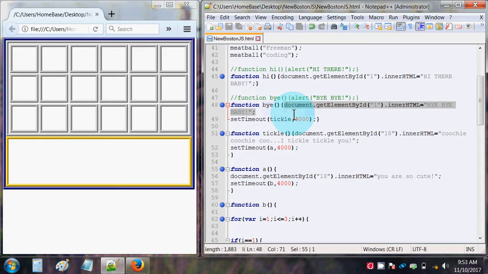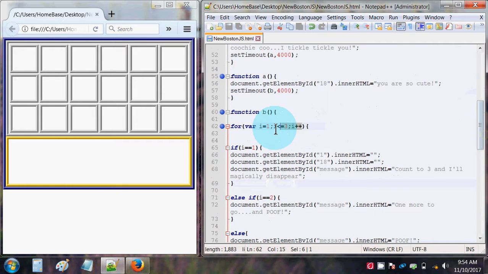It does something with the text, the inner HTML inside of the first table data cell, and then it calls this setTimeout, which after 4 seconds calls tickle, and then tickle changes the inner HTML of the table data cell with an ID of 18, and then it calls its own setTimeout, which after 4 seconds calls the a function, and then here's the a function, which will change the inner HTML of the table data cell with the ID of 18, and then it calls its own setTimeout, which after 4 seconds calls b,